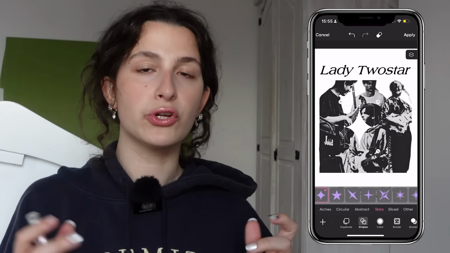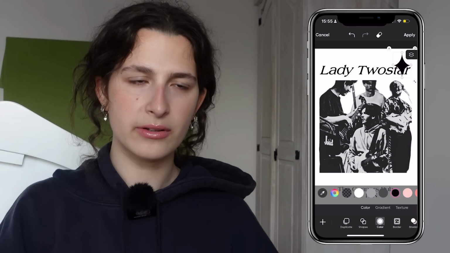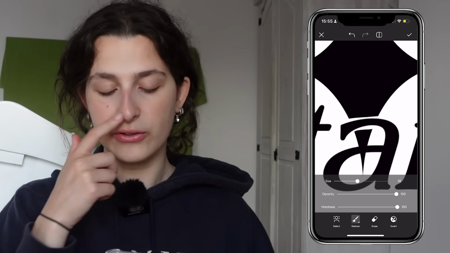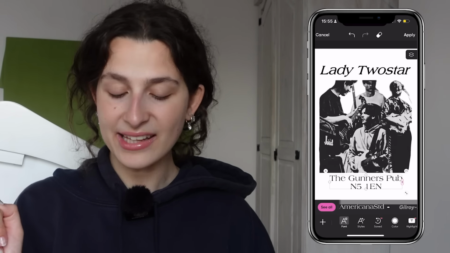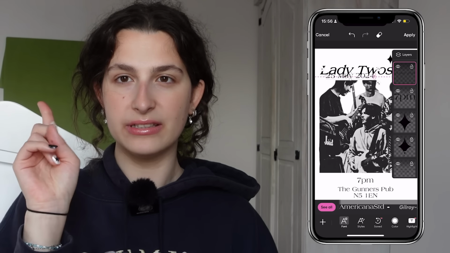And I want this to look like a variation of the logo, but I want it to be across the page so it stands out a little bit more and it looks more cohesive. But I'm gonna make sure to add the stars to the top. Over at the bottom, I'm just gonna put the address of where the show is at. I'm gonna put the time just above that and the date above the title.